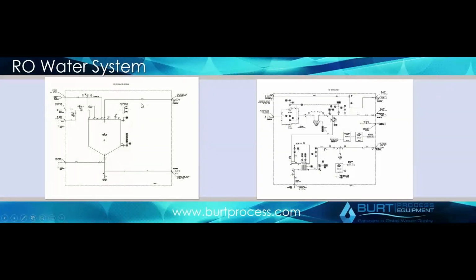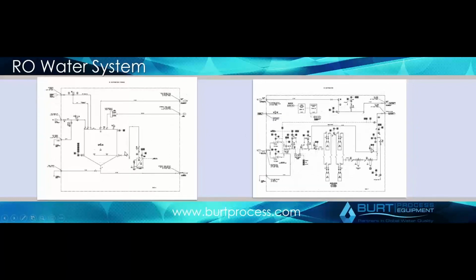You have your storage tank. This is what the EDI system looks like. The EDI obviously also has a reject stream, so you actually have your UV here. Again, because a lot of your bacteria is built up in your pretreatment, oftentimes you'll capture that initially within your system and then go through your EDI module before going on to the true high purity